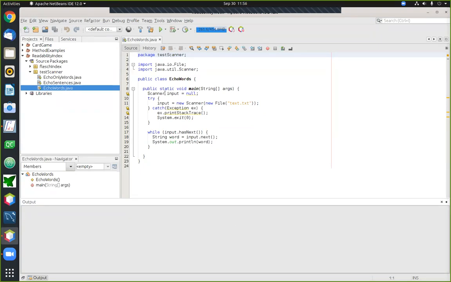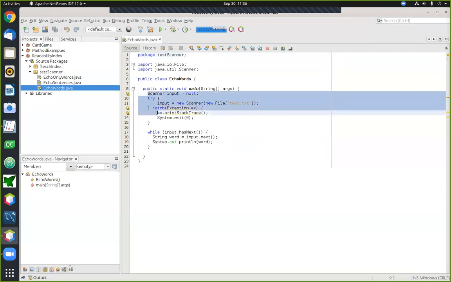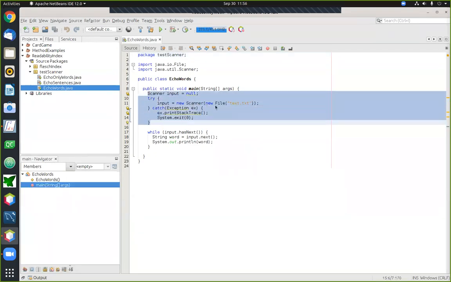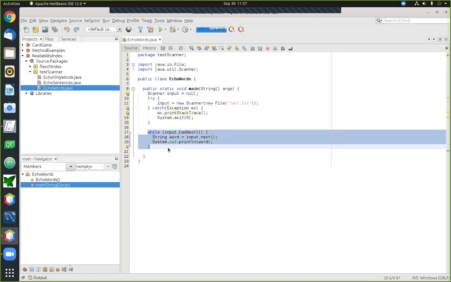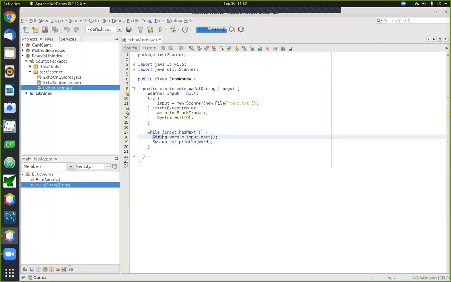Okay, the code here is very simple. It basically involves some ideas that we saw earlier when we were talking about files. The first step is to open up a scanner that reads its input from a file. In this case, I've already prepared a text file that has a block of text in it, and we're going to be reading from that text file. Next, we have some code that we've seen before. There's a while loop here that works its way through the file. And the main thing we're going to need as we're reading the file is to try to read words one at a time.